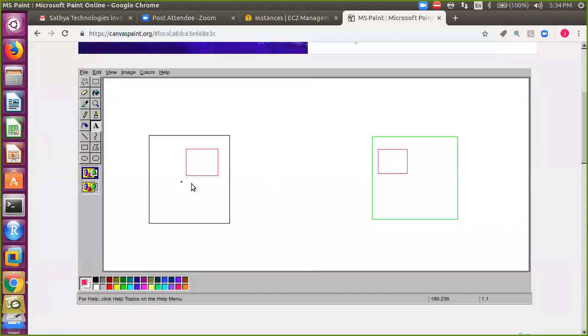This is Mohan's user account, Mohan's home directory. Here also, Mohan's home directory. This is server 1, and this is server 2.